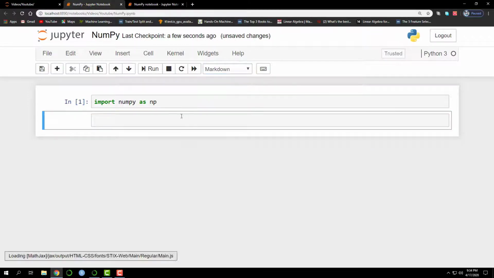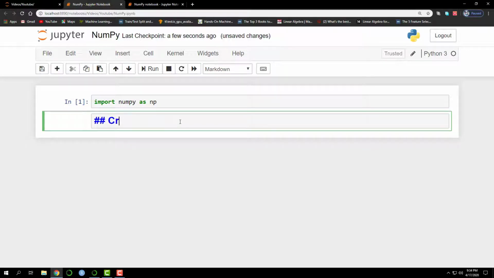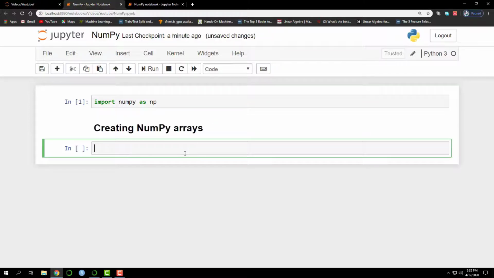First, we shall discuss some methods of creating NumPy arrays. The first method is to convert Python structures like lists and tuples into NumPy arrays by using np.array. Here I am creating a list with elements 1, 2 and 3.